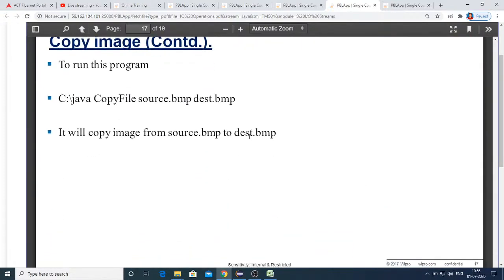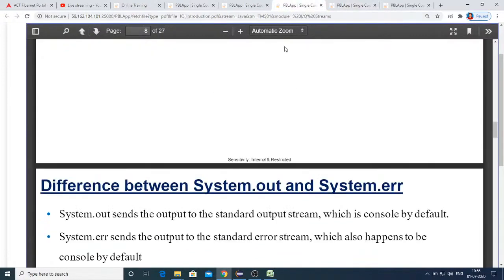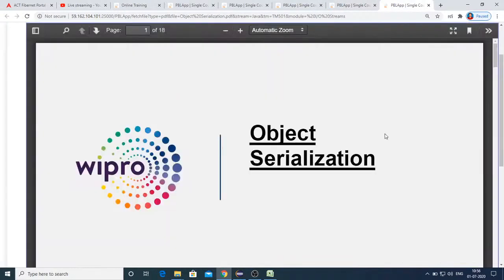Okay, what we will do is, anyway this is all theory which you can just refer to. Now I'll just tell you about serialization, and I'll demonstrate with a small program how you will be performing this serialization. So rather than once again going through this theory, I'll just tell you how to perform this serialization.